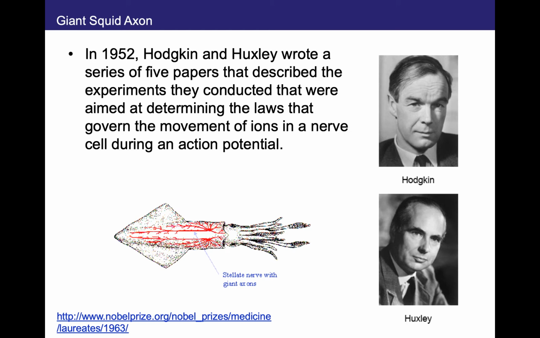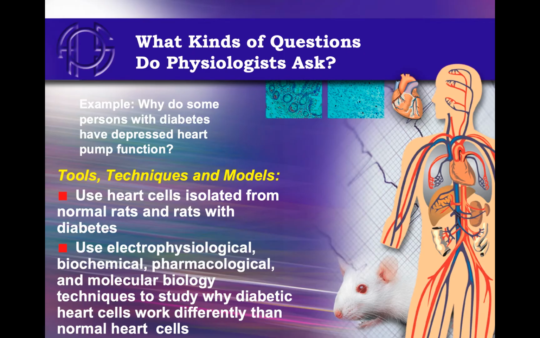I consider myself more of a cell physiologist. My work was with epithelial cells and ion channels that were expressed. So here's just an example of what some people who study physiology may do with their work. In this case, these individuals are looking at the difference between heart cells in normal mice or normal rats and those that have diabetes, and looking at the differences between the two